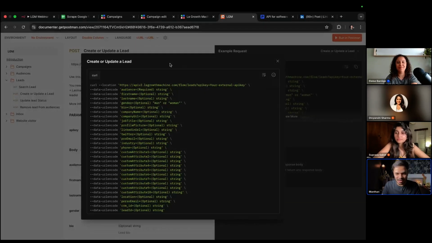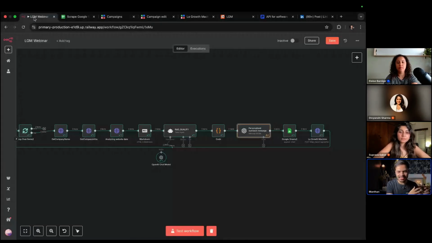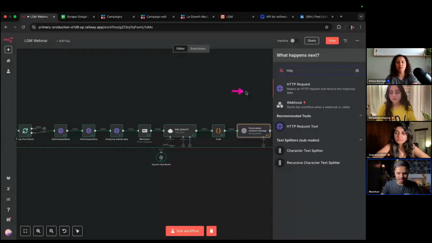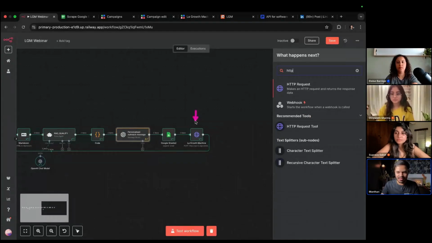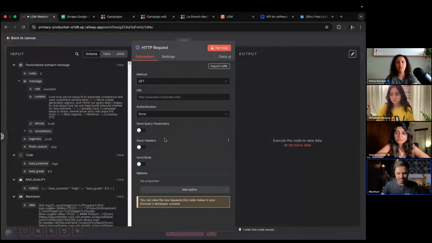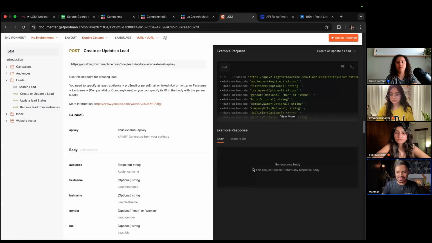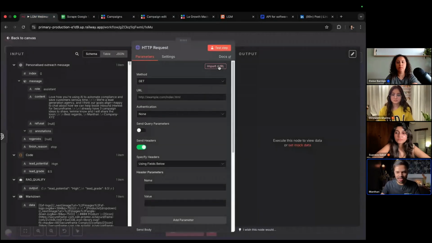Just copy this curl code, and in order to import all of these leads that we generated from n8n, all we need to do is connect via HTTP request. So search for HTTP request. You can see I'm using the same. You would have to fill in all of these details on your own if the documentation was not that good, but the documentation is really good. All you need to do is click on copy, and all of these fields will be automatically added once you click on import from curl code.